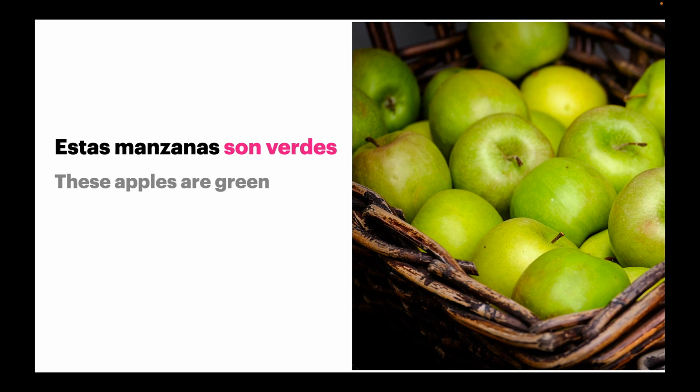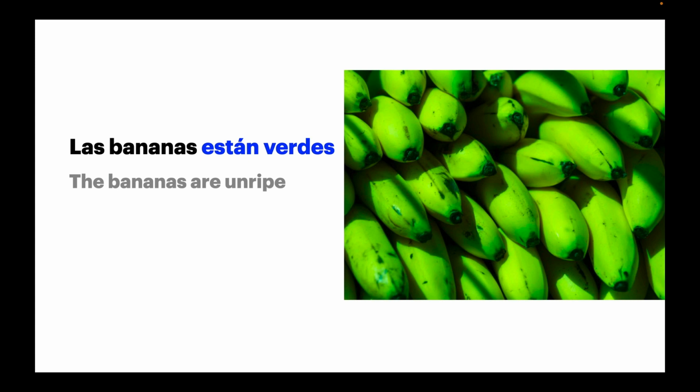Verde, the color. Estas manzanas son verdes. I am describing these apples. A characteristic of the apples is their color. Las manzanas son verdes. If I use it with estar, las bananas están verdes, then that means the bananas are unripe. Okay,